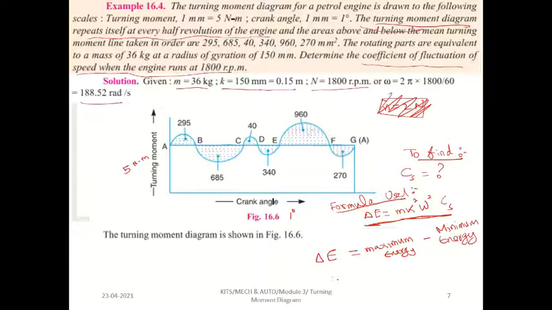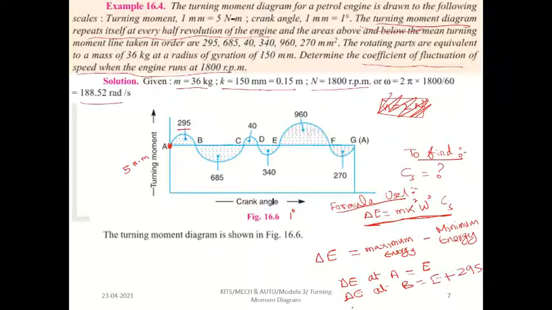Okay, so for that, let us find it out. First of all, what is the energy at A? Del E at A. We have to assume that at A, energy is E. Always assume that at the starting point the energy value is E. Let us move to the next point, B. Del E at B is E in the positive side, in the question they have given 295. So E plus 295.